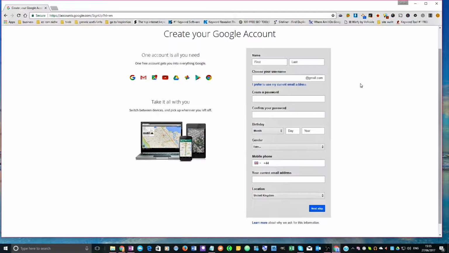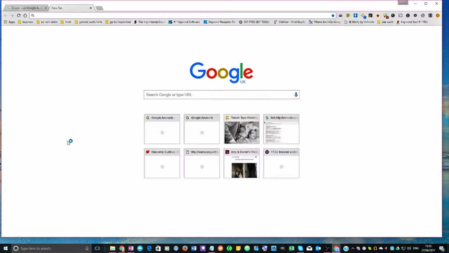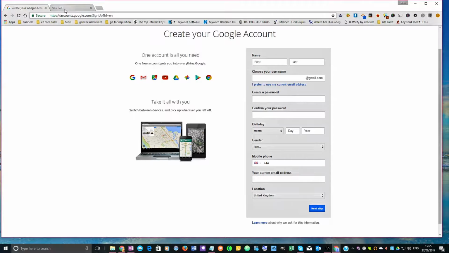If you've got an Android phone, I'll pretty much 100% guarantee that you've already got a Google account, because very often it won't let you get much further if you don't have a Google account with an Android phone. So let's get on to the task of creating a site and getting our code for our website. So it knows who I am, so I don't have to go through this step,